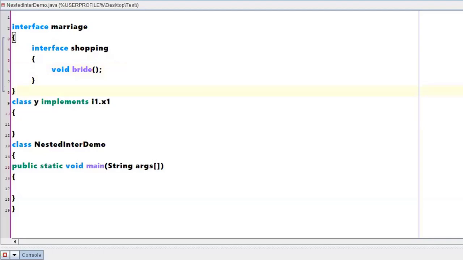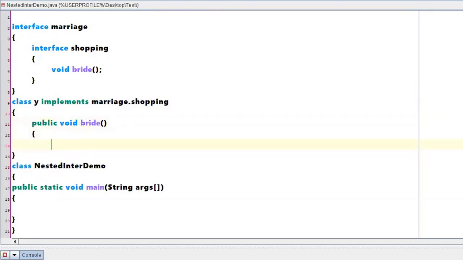I need to implement this particular bride method now. So class Y implements marriage dot shopping, right? Under this, you have a method called bride. When we are implementing, we clearly said that you have to specify public. If you are not specifying it, then it will show you an error.